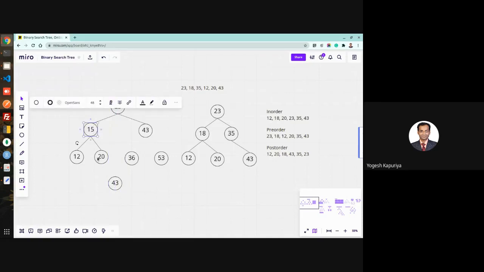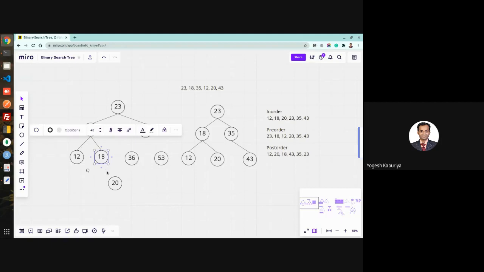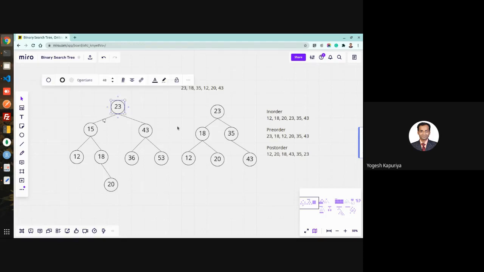So this is 15, this is 18, and this is 20. Let's say you have this tree, which gives you more options, which is required to understand how we can delete something. So now we want to delete 23. Obviously, there will be some node from the entire tree which will take its position. That node should be selected in such a way that you do not disturb the entire tree, and with minimum adjustment, your tree remains a binary search tree.